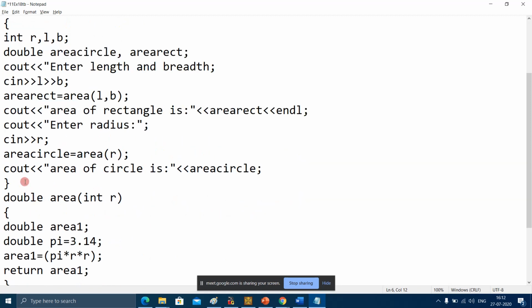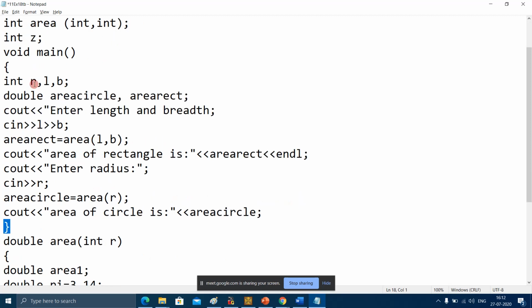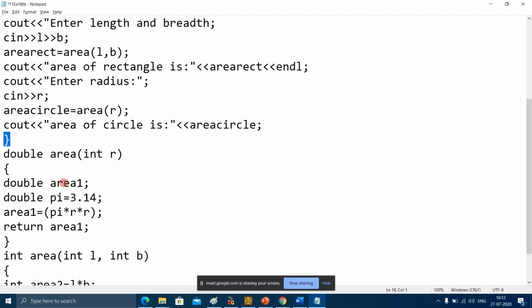As soon as the main function closes, this variable will also be removed from memory. Or if I have declared, for example, here we have one variable area1, the scope of this variable is local to this area function.